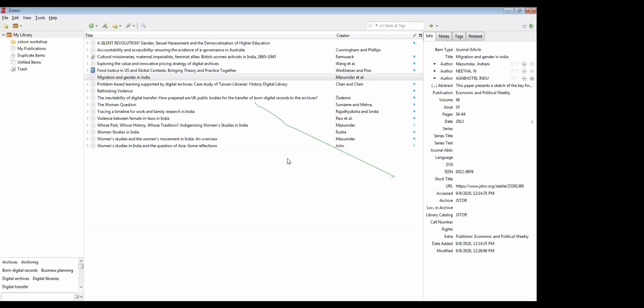Thanks. The next part will cover how we can make a citation and prepare a reference list in MS Word. But before you go to Google Scholar or MS Word, first you open Zotero. Otherwise, those plugins or the connector will not work, because this is mandatory. First you open Zotero in the background, then only the connector or the plugin will work. So now I will move to how to use the word processor.